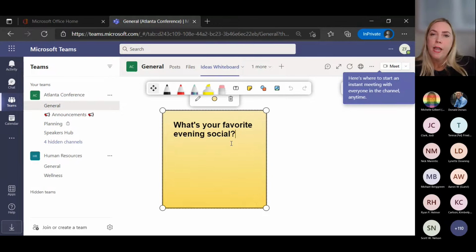So whiteboard is really great for capturing those ideas, where you can set up what you want on the page. We of course could do the same thing in OneNote. OneNote might have additional capabilities, but for those that aren't familiar with OneNote, I tend to find this toolbar is a little bit easier to navigate. It's more simplified for them to be able to collaborate in and get those ideas on digital paper, if you will. So that's your whiteboard.